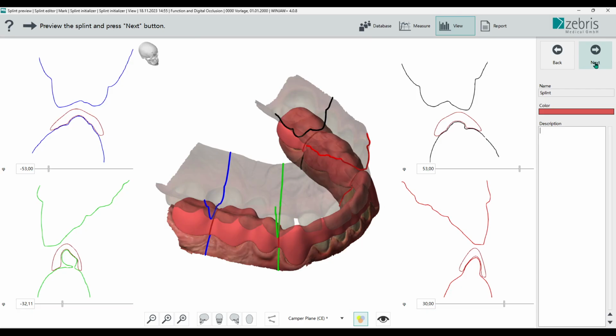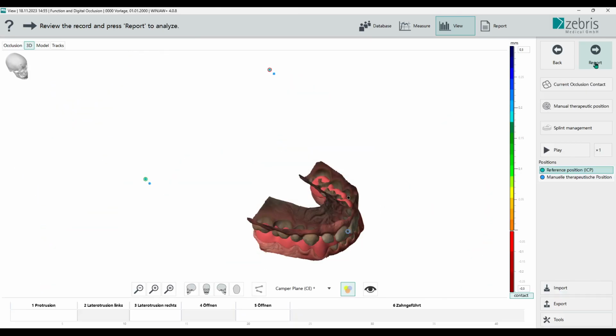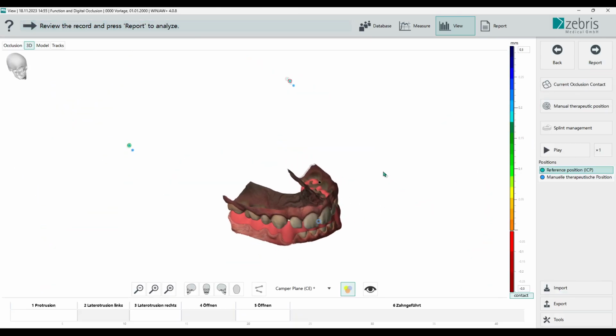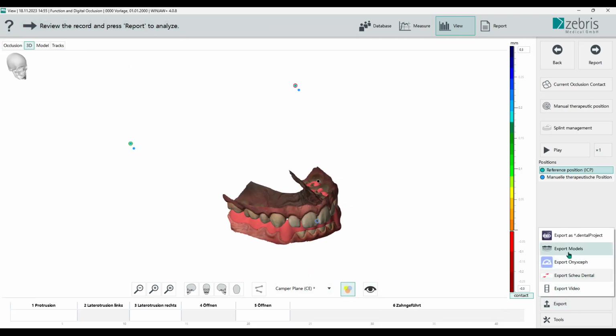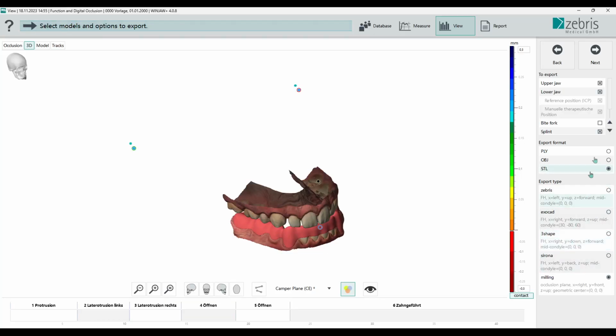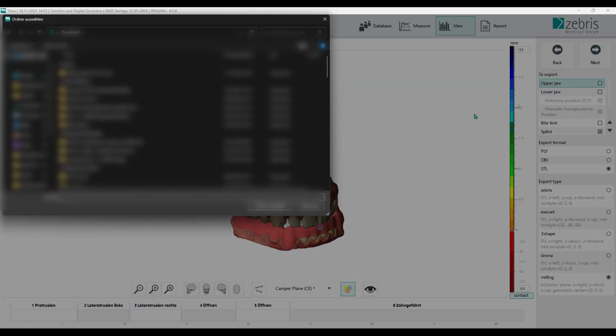With next, we save the splint and go to Export, Export Models, select the splint, for example the milling for the alignment of the splint, and click Next.